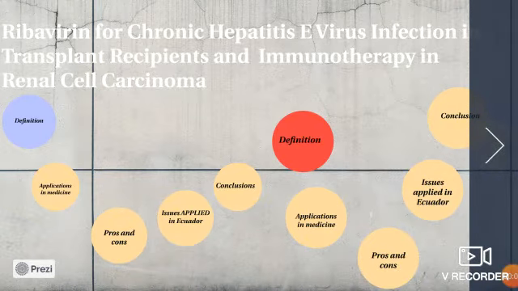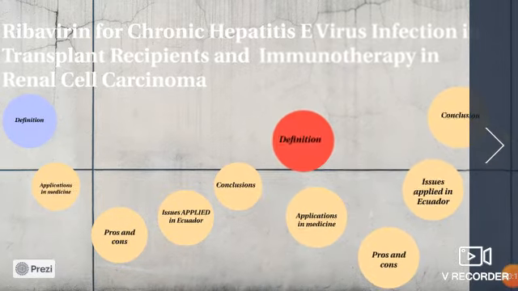I'm going to talk about Ribavirin for chronic hepatitis E virus infection in transplant recipients. Definition: